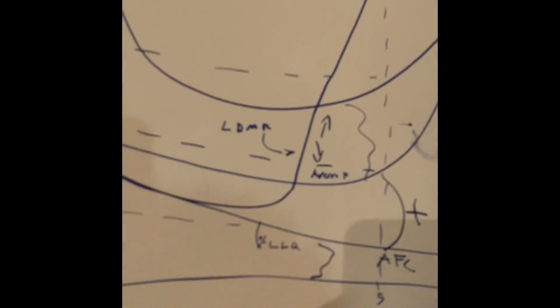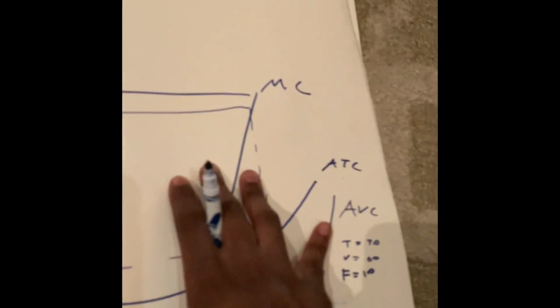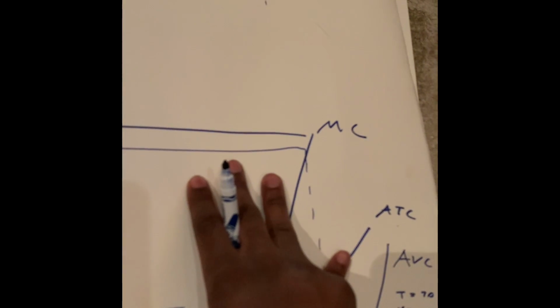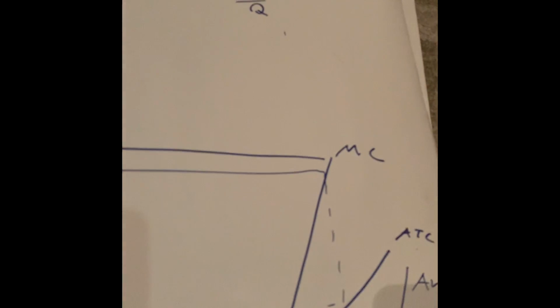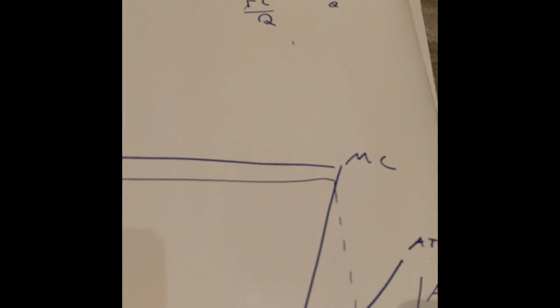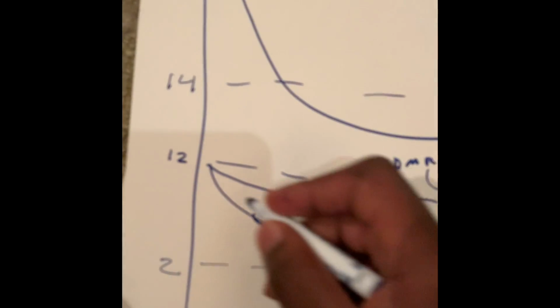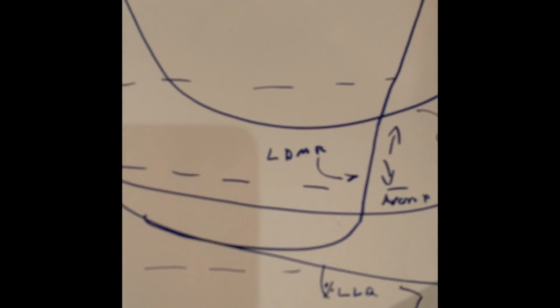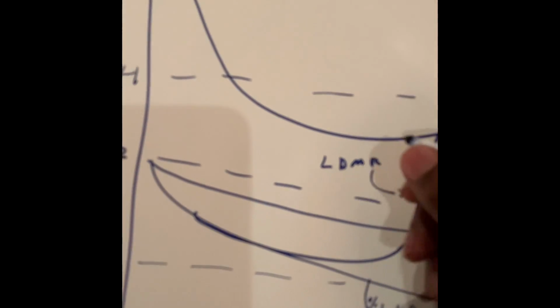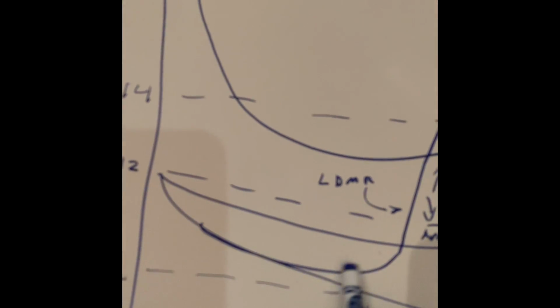Now, we get into the marginal cost. Oh, I forgot to talk about marginal cost up here. Marginal cost is basically the cost for one more product, the cost for an extra product, the next product. If you look at the marginal cost right here, as you can see, it starts by going low and then it increases. That is due to the law of diminishing returns. That's why it goes low and then increases.